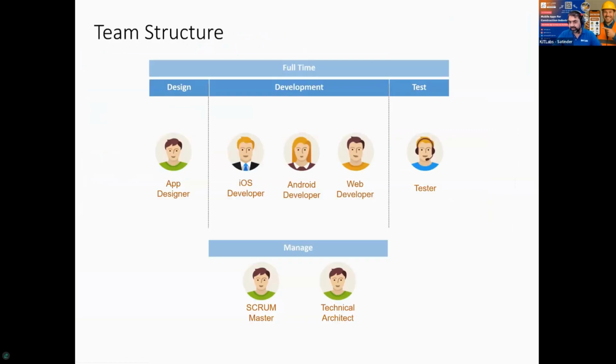So it is not a one person job, actually, to build the app or the system. Just like building a house is a combination of many people with different roles. Even though one person can do all of those things, you cannot scale that way, right? So we design the app, which is your architect who designs the home, and then we have an Apple developer, Android developer, and a web developer.